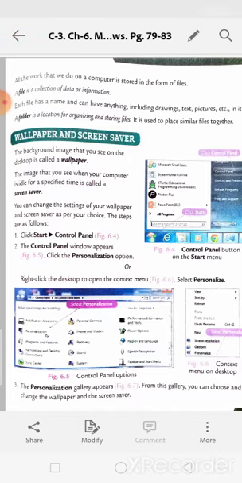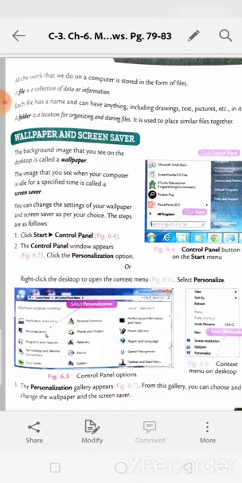That means in a file you can store any drawing, any picture, any text, and these things will be collected to form a file. When many files, that means two or three files, are put in a place, that will be a folder. A folder is a location for organizing and storing files. It is used to place similar files together.